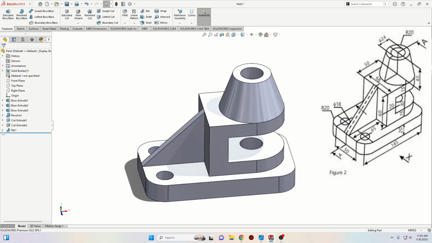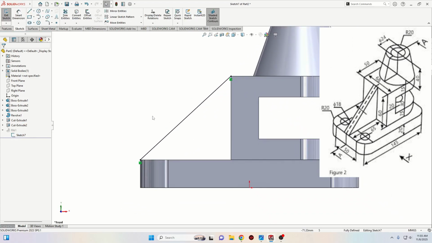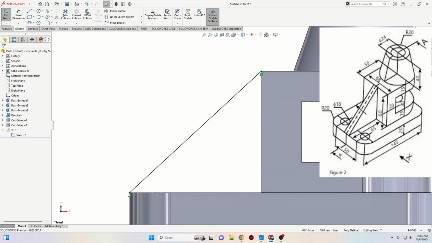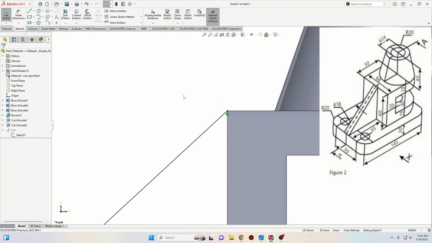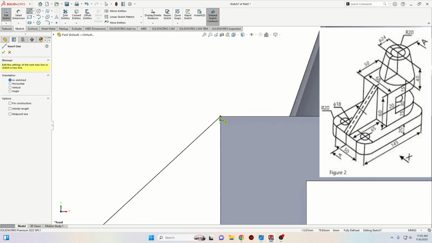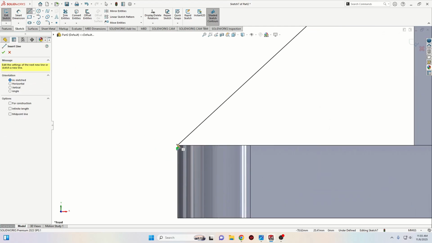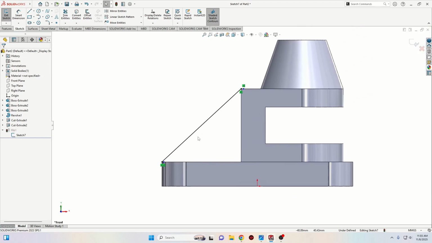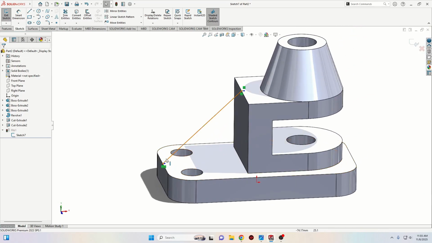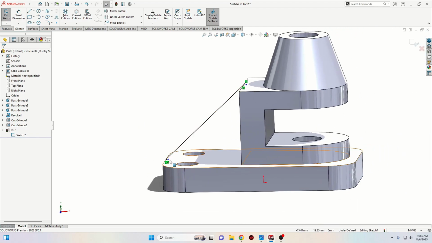This is good. If for you it's not working, as it didn't work for me the first time I made this, for some reason it was saying that this sketch is not intersecting my part. What I did to fix that was to make this small line right here, and then I made another small line right here, and this helped me. This was intersecting the part better, I think, or something, I don't know. So if it's not working for you, you can do this and it's going to work. Anyway,